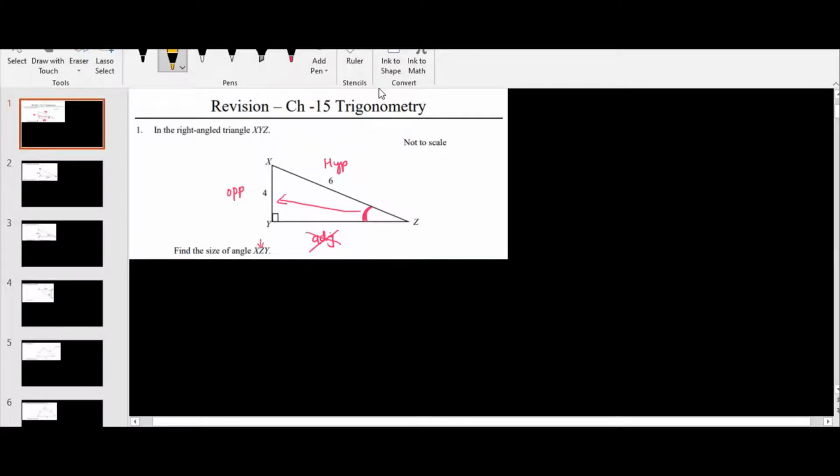In trigonometry ratio, we have three formulas. Sine theta equals opposite upon hypotenuse, cos theta equals adjacent upon hypotenuse, and tan theta equals opposite upon adjacent. In this diagram, we have to see in which formula there is opposite and hypotenuse. We don't want adjacent. In the formula for cos theta there is adjacent, so we cannot use it. Tan theta also has adjacent, so we cannot use that either. The formula we are going to use is sin theta.